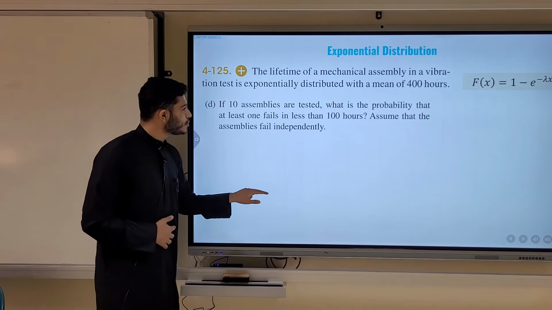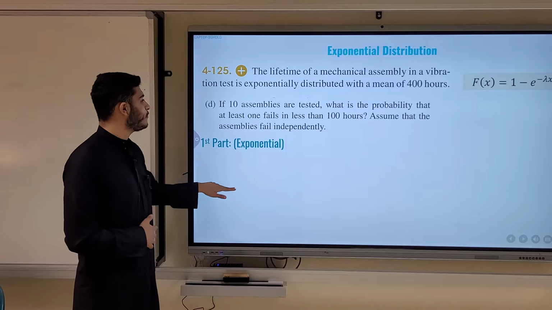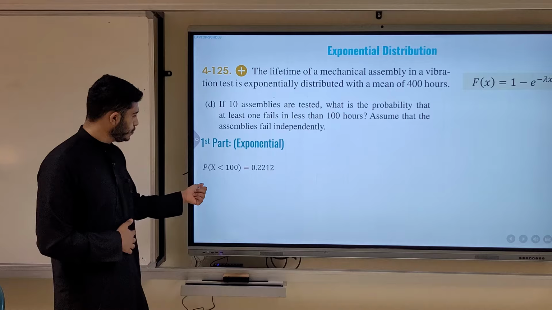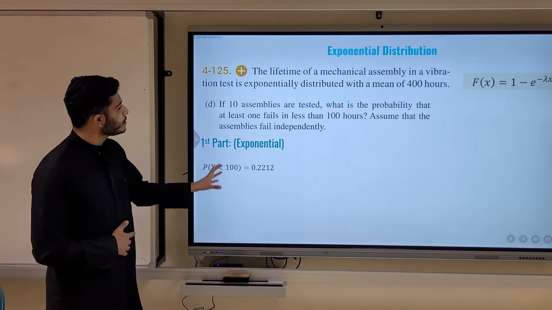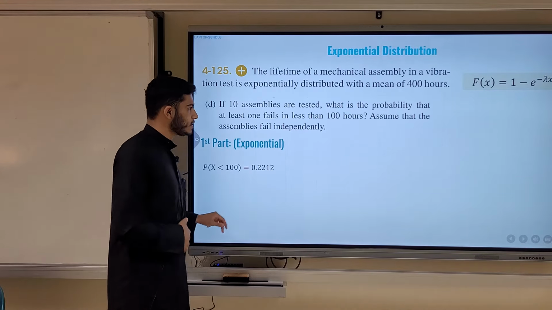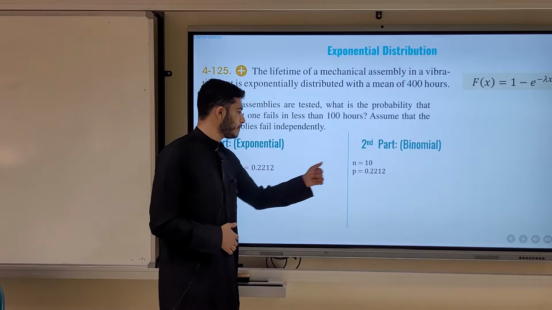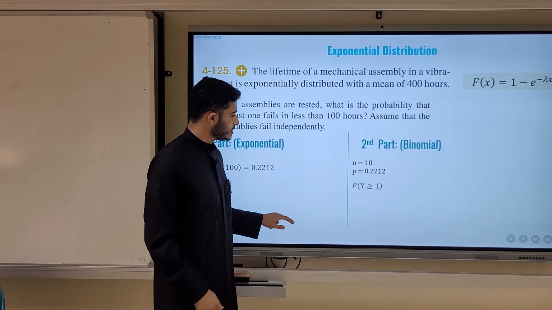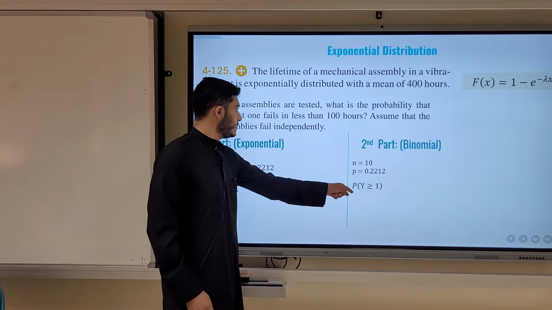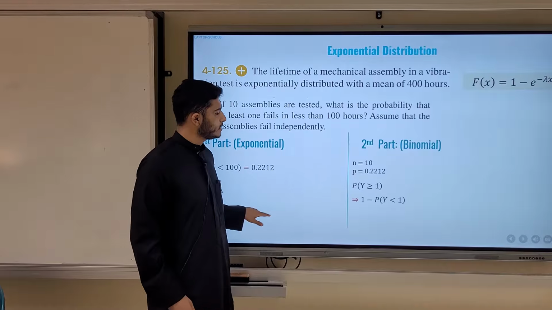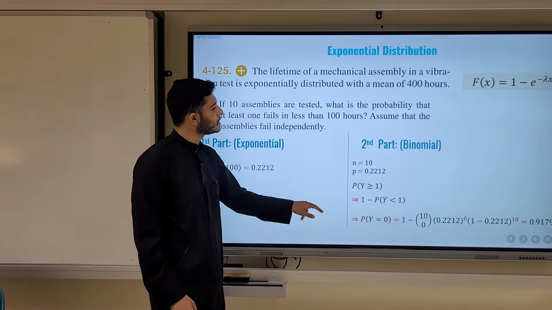Okay, so once we find the probability that one of them fails, which is modeled by the exponential distribution, we have the probability of our outcome of interest, which is then solved using the binomial. We're trying to find at least one success here, so take the complement and everything. You're going to get the answer at the